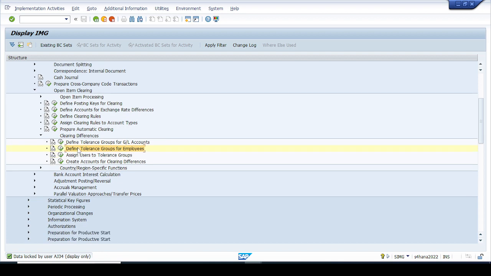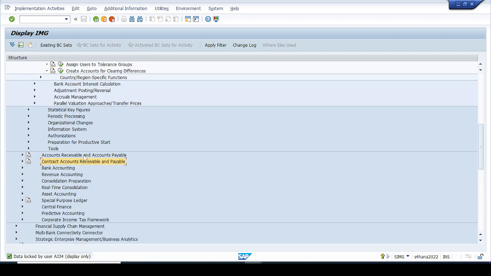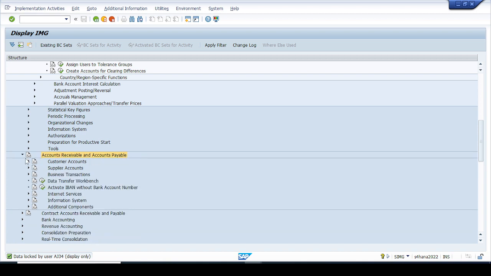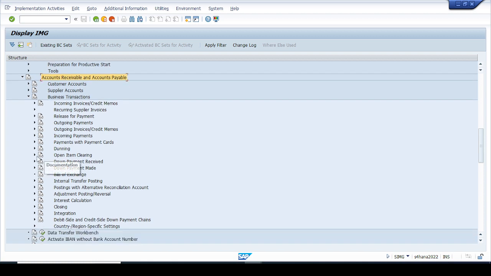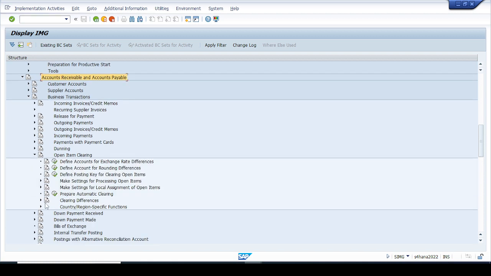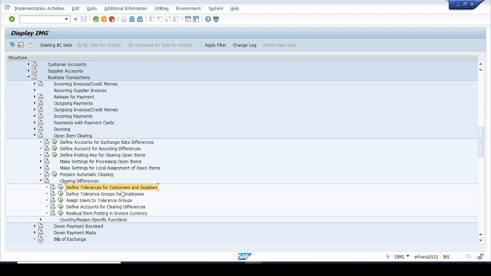Now let us define tolerance group for accounts receivable and accounts payable. Go to business transaction, open item clearing